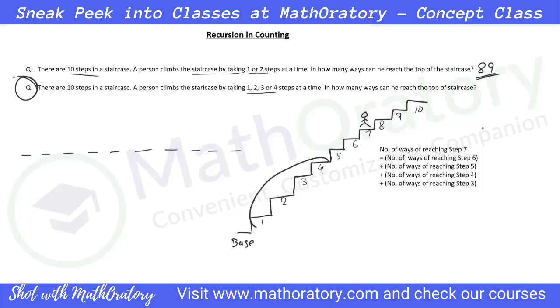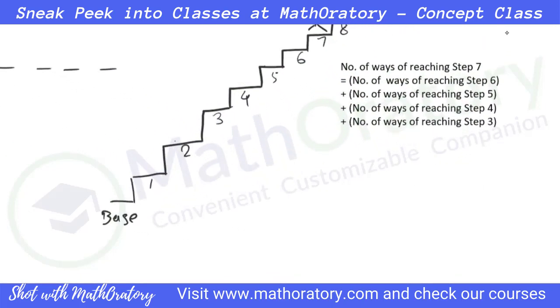Let's figure out the number of ways of reaching the first 4 steps. It's pretty easy to visualize in the same way, but then just observe what happens. See, the number of ways a person can reach the base, or you can say the 0th step. So this is the 0th step, right? The base of the staircase, he can always reach in one way, right? So I'm filling it here. Then step number 1 can be reached only from the base, right? So you'll have just one way. Now, when it comes to 2, you can reach from any 4 steps behind, but there are no 4 steps behind, right?